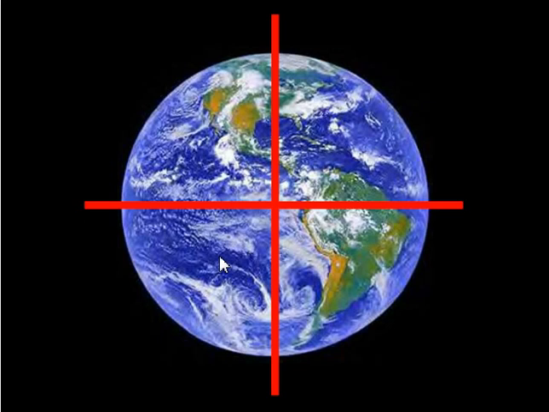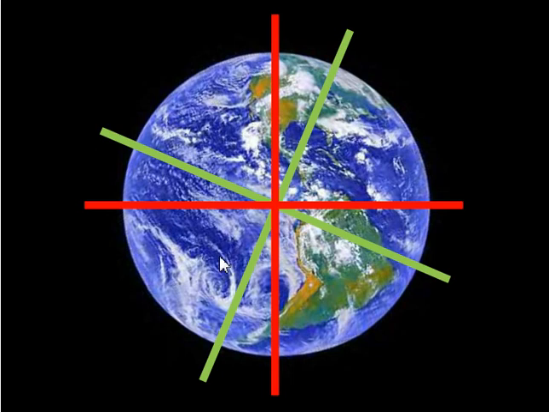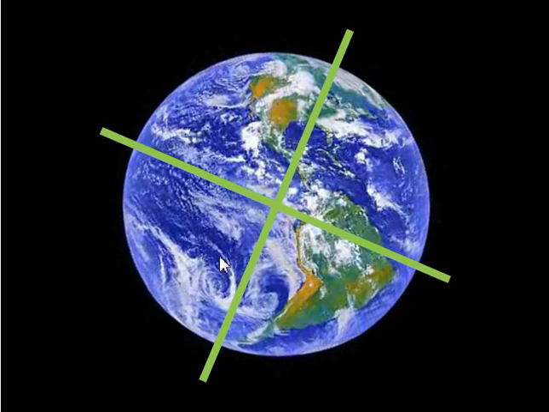Here we have Earth at a 0-degree tilt, and so it's perfectly straight up. And so I said, Earth, I'm going to tilt you 23.5 degrees. And this is the result. So here's what Earth looks like in representation to the Sun. It's at a 23.5 degree tilt, so we can get rid of those previous red lines.